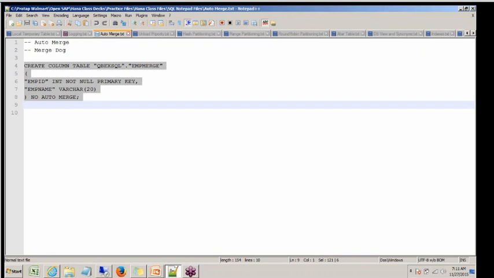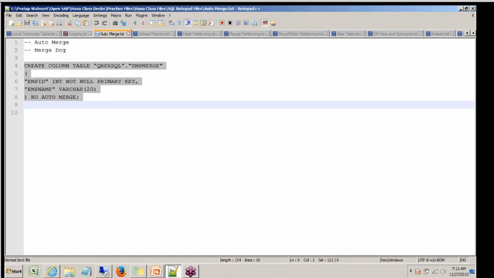The main store. When you say auto merge is enabled on this table, you'll have a process called the merge dog, which will constantly check the tables and merge based on the auto merge decision function. You remember? So whether you want the system to do the merging automatically or not.